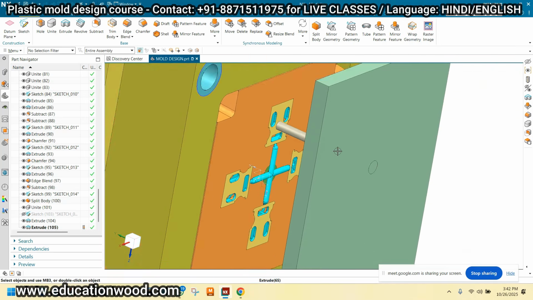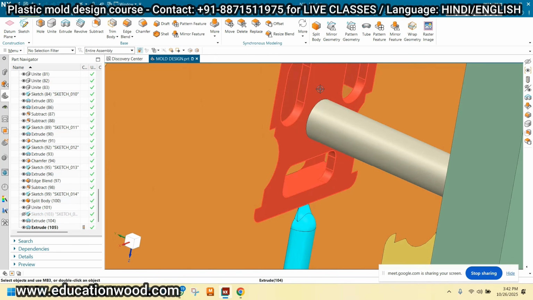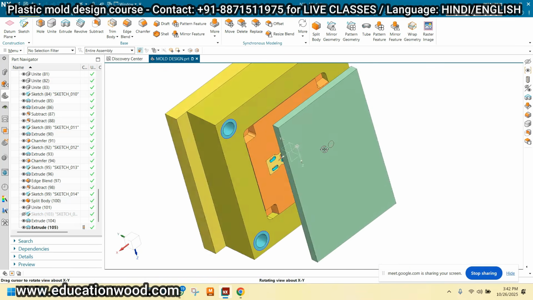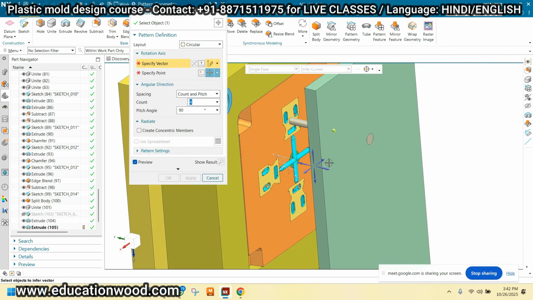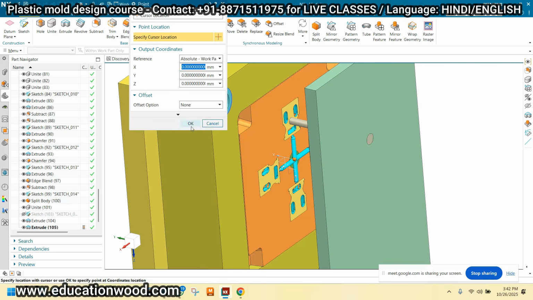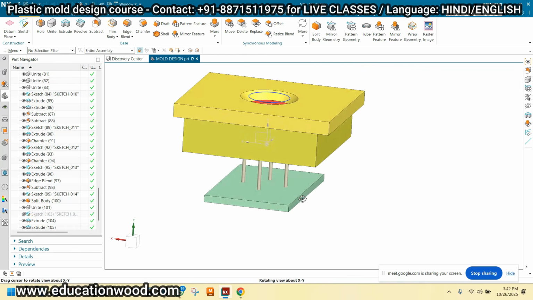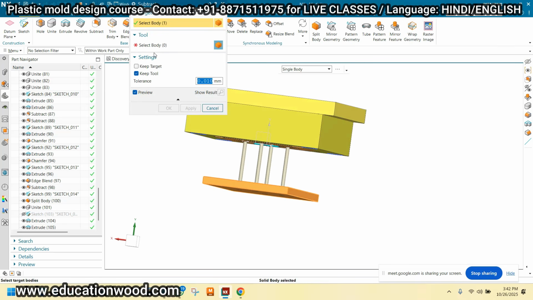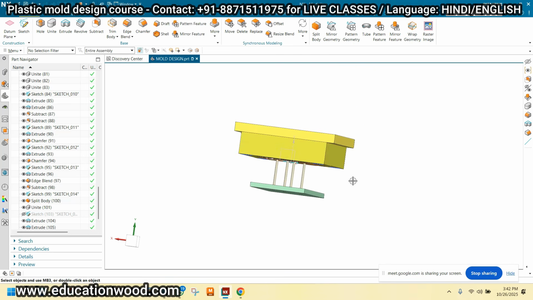There is no problem if we do not provide the D cut here. There is no problem for the rotation because it's a straight face. If this were a curved face or a profile face, then we would have to provide the D cut there. So there is no requirement for the D cut here, right? So, center. Let me check and click OK. Take left 4. This is the ejector pins, right? 4 ejector pins for the 4 components. I'm taking 1, 2, 3, 4. Keep tool on and click OK.